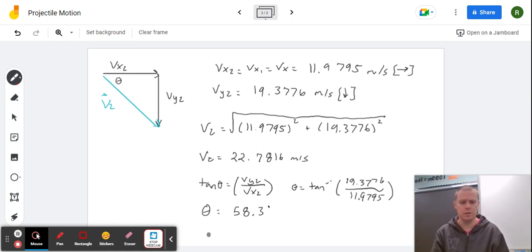So our final answer, rounded to 3 significant digits, is going to be V2 is 22.8 meters per second, 58.3 degrees